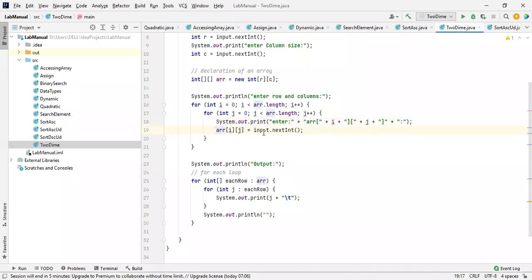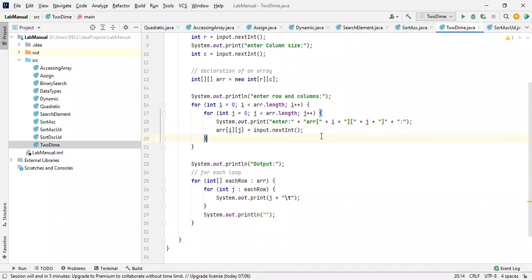See this, how it is possible like input dot nextInt, because in a two-dimensional array, this is only a single element, because here 0 0 will come. So 0 0 in the sense we are going to assign a single value only. So this is not an array. This is only a single element. For this particular single element, I am going to give a single value. Okay. And this is the for each loop to print the values. There is no need to worry about this.